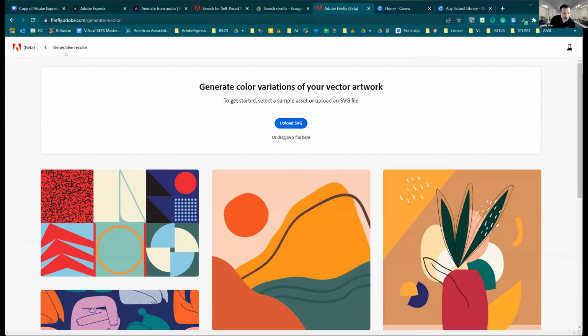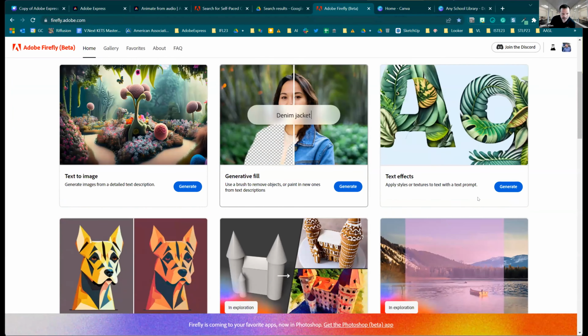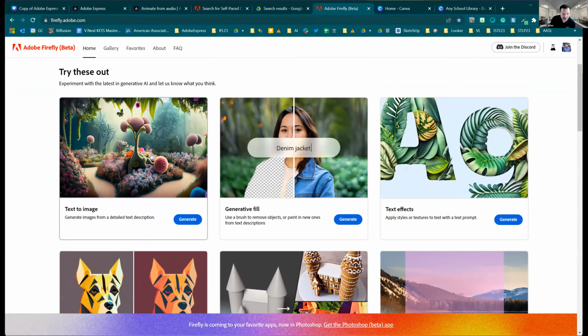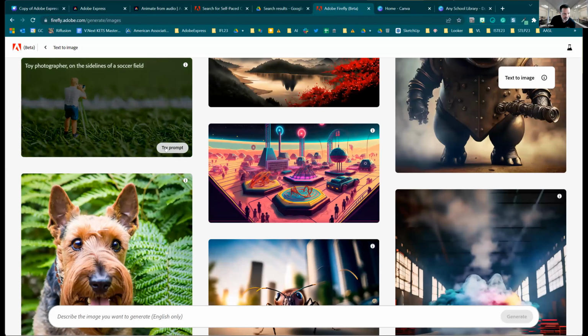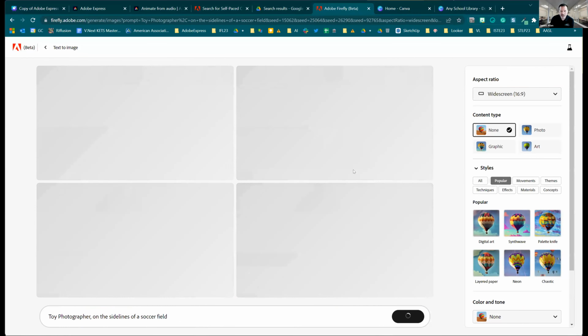Let's see. So that's all Firefly, those things I've been showing you. Once you have one of these images, you can click try prompt and just try one of these. You don't have to come up with your own images, own text. If you like one,